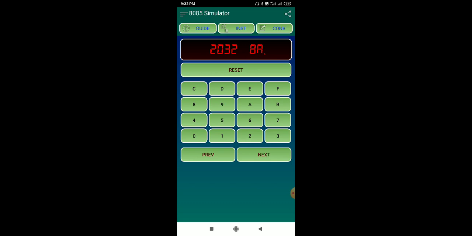So with the help of this simulator, you can write any program or check your result in a given location, as we discussed here. First you have to write your program, then convert your program with the help of opcodes and your inputs. Then you can check your result here. So that is all about this lecture.